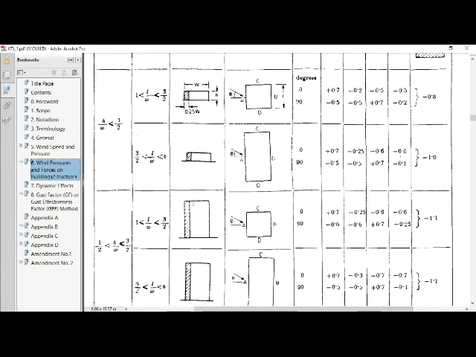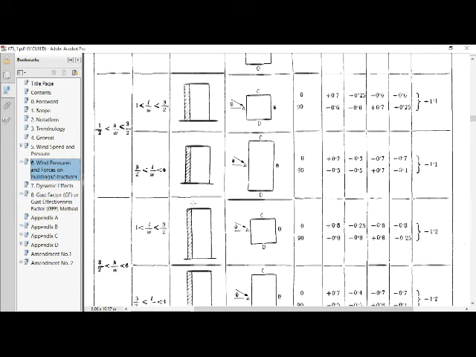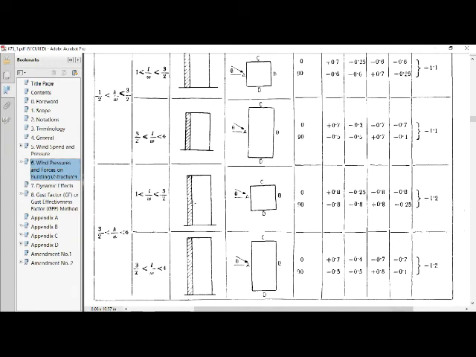So now here you can see that the wind coefficients have been used considering the ratios between H by W and L by W. The height of the building is 23 into 3, which is 69 meters, and the width is 18 meters.